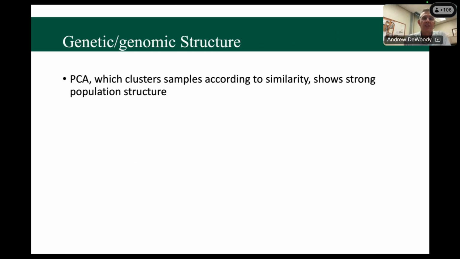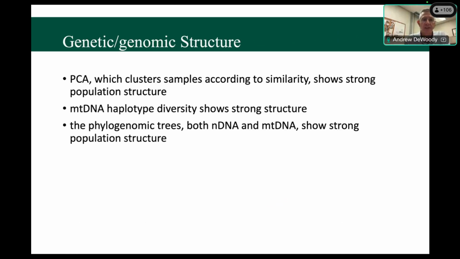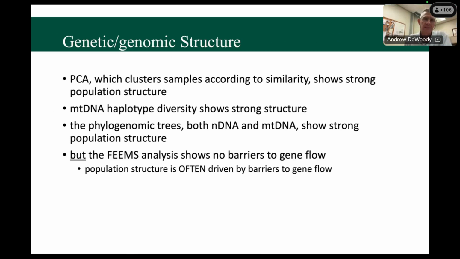So when you put together some of this genetic genomic structure analysis, our principal component analysis, which clusters samples according to similarity, shows very strong population structure. The mitochondrial analysis shows strong structure. The phylogenomic trees, both nuclear and mitochondrial, show really strong population structure, but the themes analysis shows no barriers to gene flow. And so that's made us pause and think about this, because population structure is often driven by barriers